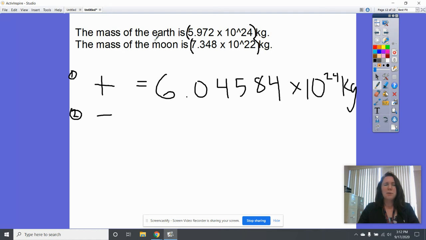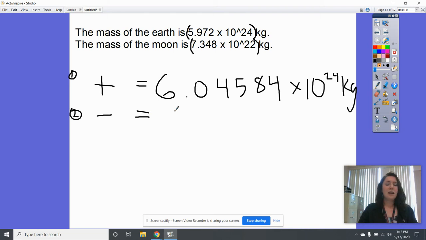And we can think of that too. It makes sense. The Earth is bigger than the moon. So it makes sense that the number for the Earth should be bigger than the number for the moon. So then we're just going to subtract. Let me start over. What I would type in my calculator is parentheses 5.972 times 10 to the power of 24, close parentheses, minus, because we're figuring out how much more of the Earth is there than of the moon. So we have to take away the size of the moon and see what's left over. So minus parentheses 7.348 times 10 to the power of 22, close parentheses, and that equals, when you subtract it,